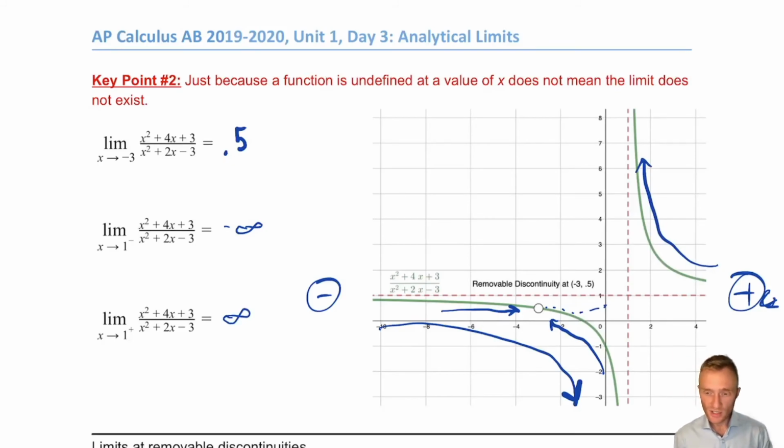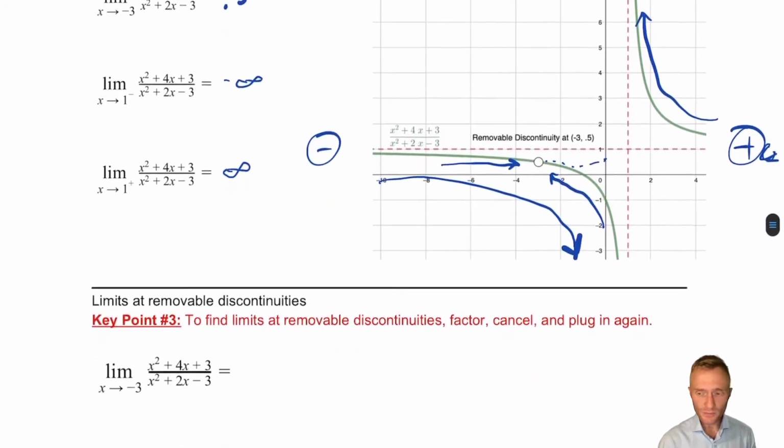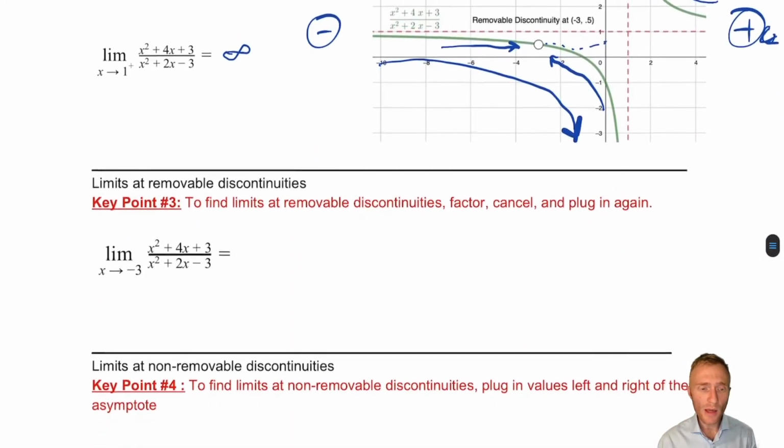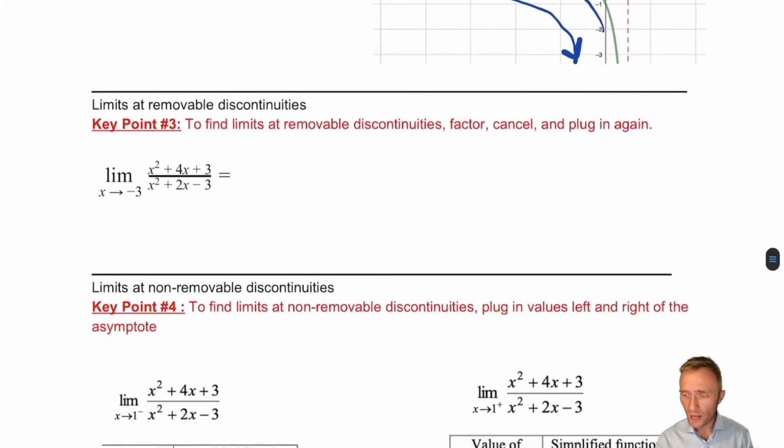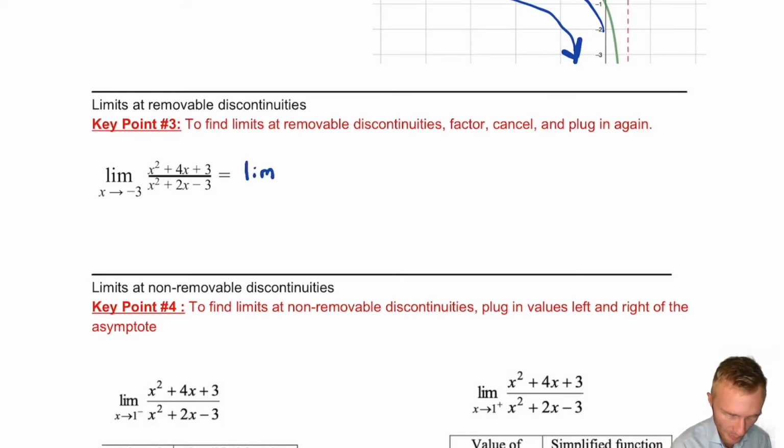So the question is, if we didn't get to see the graph, how could we come to those same conclusions analytically, right? Without a graph, analytically. And it turns out it's pretty much the exact same thing that you were used to doing in pre-cal to analyze whether something had a removable discontinuity or a non-removable discontinuity. Same steps. The first thing we're going to do is factor. So I'm going to rewrite my limit statement. It's the limit as x approaches negative 3 of